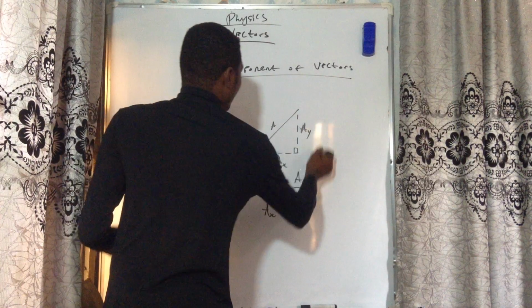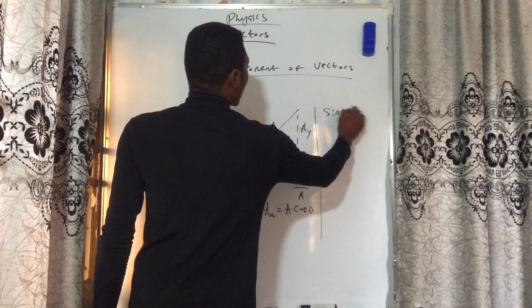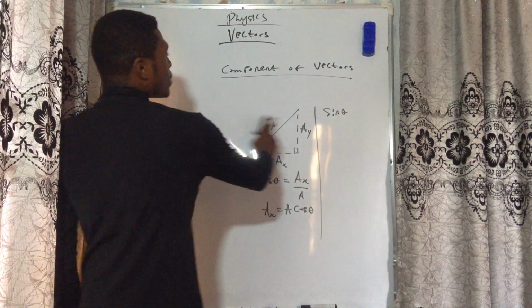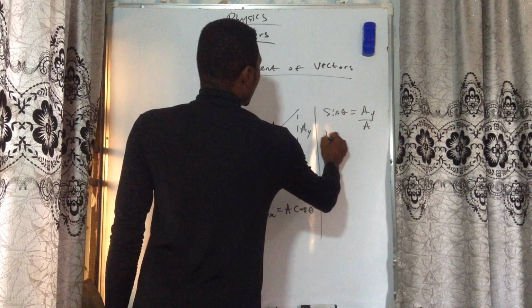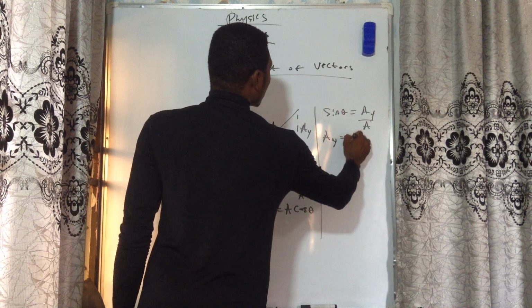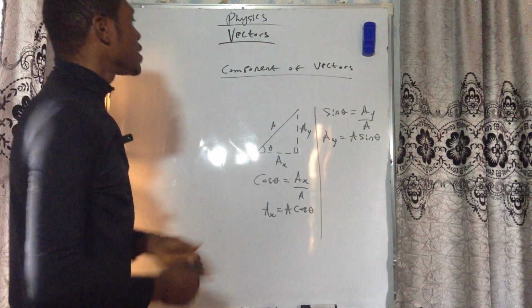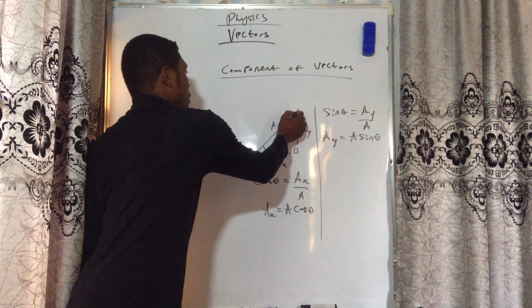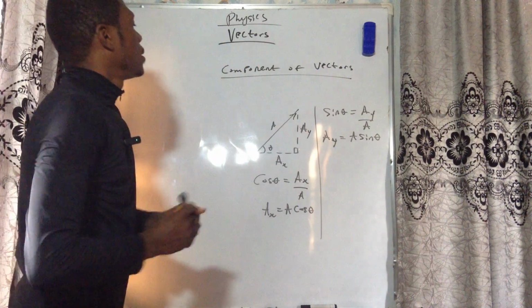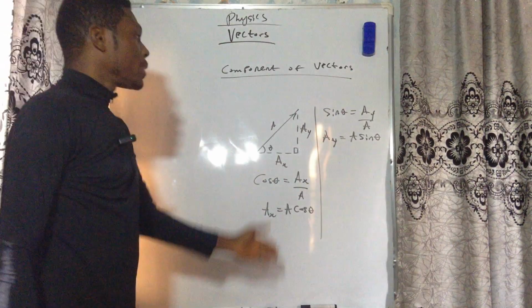Now, as for the vertical component, we have sine theta equal to opposite over hypotenuse, equal to AY over A. Therefore, AY is equal to A sine theta. So the component of this vector A in the vertical direction, this side, is